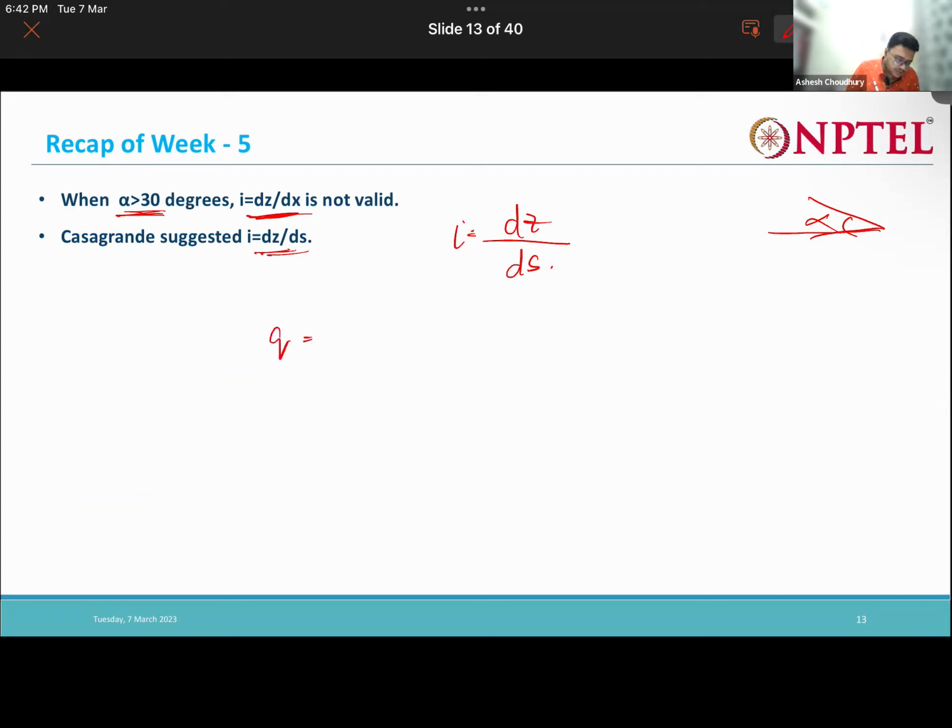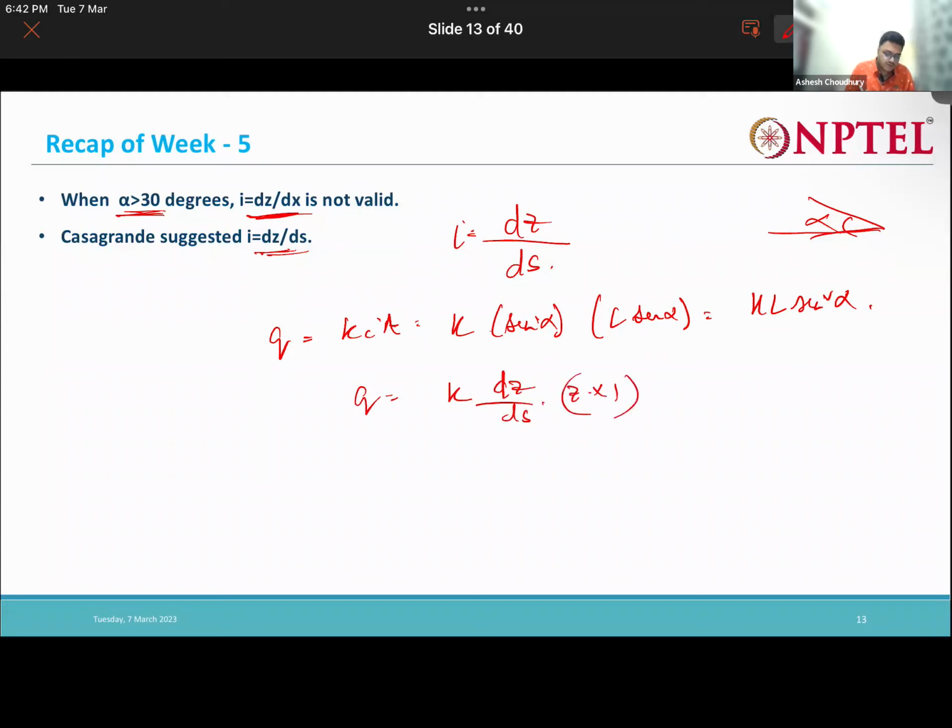So we just write it down. Again, my q is also equal to q, I is my dz by dx, z into 1. So if I equate these two